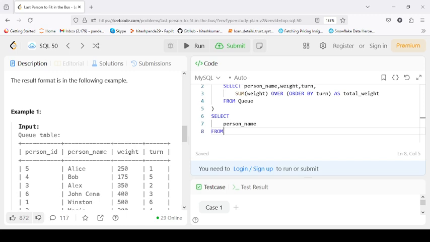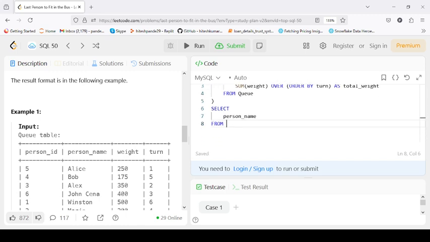So we get the person name from the temporary table, and the temporary table name is CTE. Always write keywords in uppercase, where total weight should be